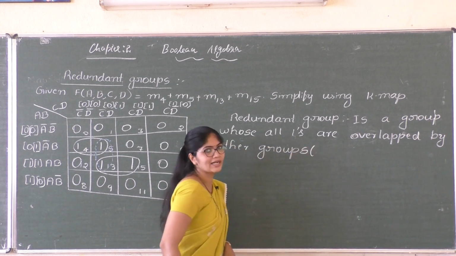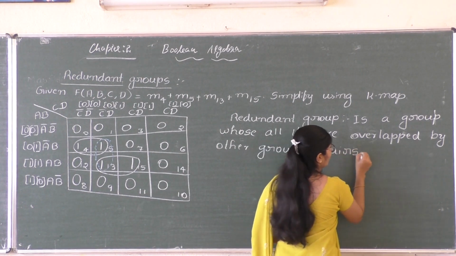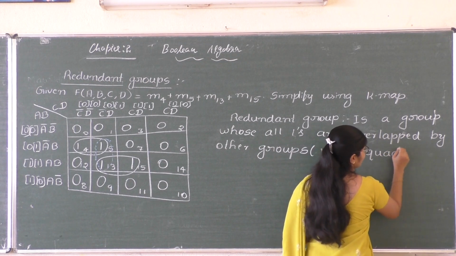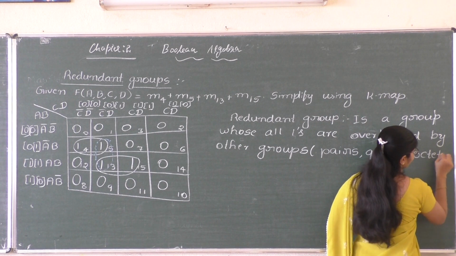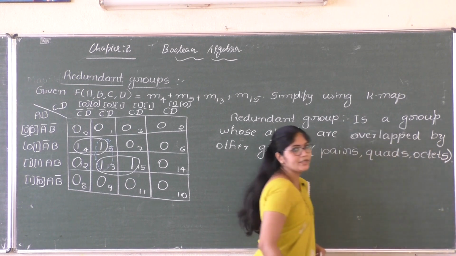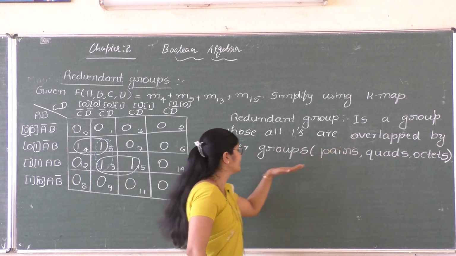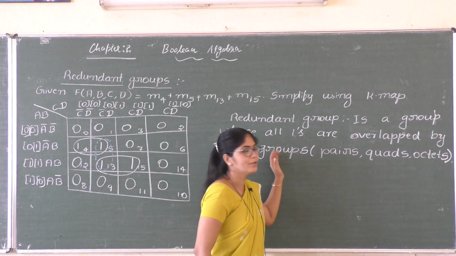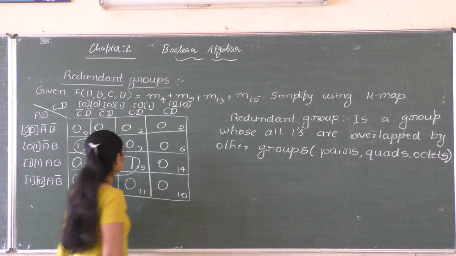Means ones are overlapped by pairs or quads or octets. Redundant group is a group whose all the ones are overlapped by other groups that may be included in pairs, quads or octets. See in the example